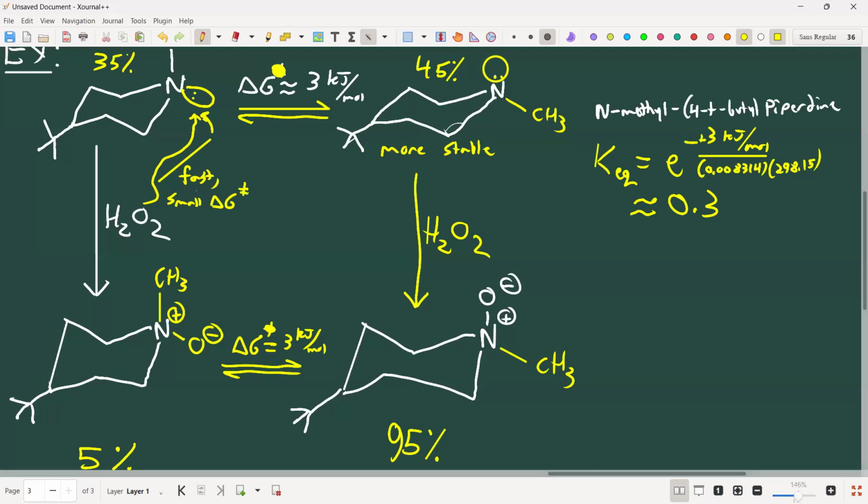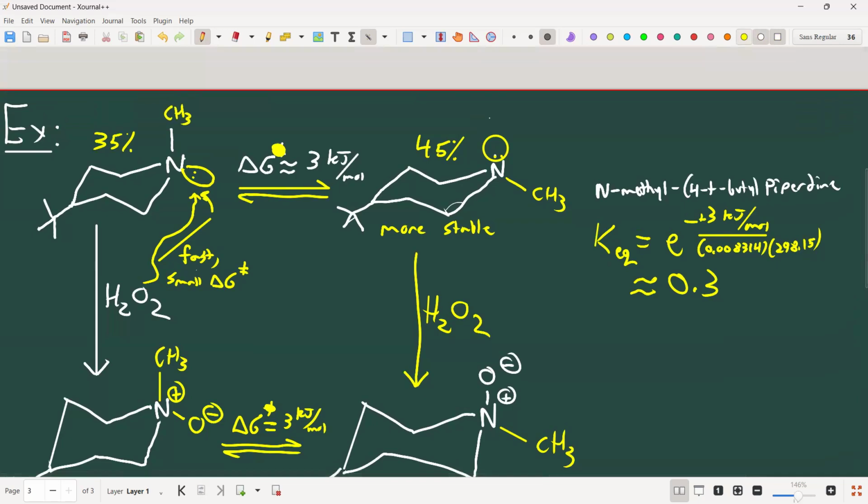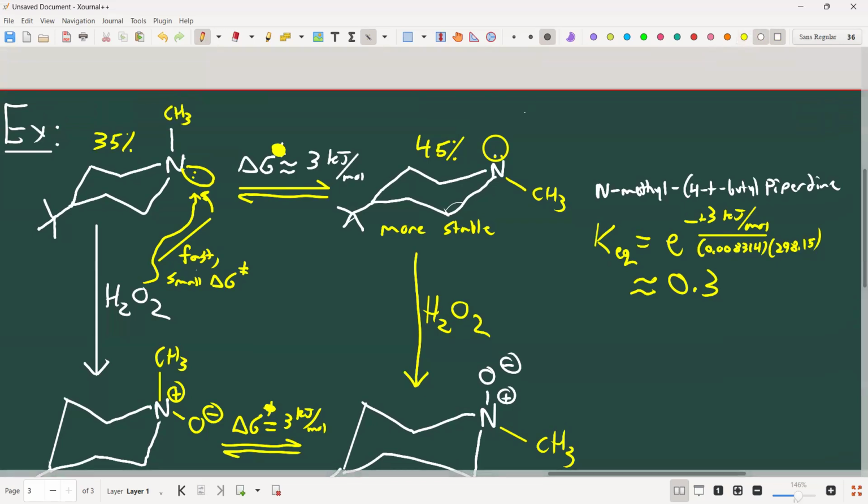And the reason why is because this O2 comes in from the side of the molecule. Right? It's coming in through kind of an unhindered part of the space. And so it can attack that lone pair basically freely. But in this case, in the case of the one where the lone pair is pointing axial,